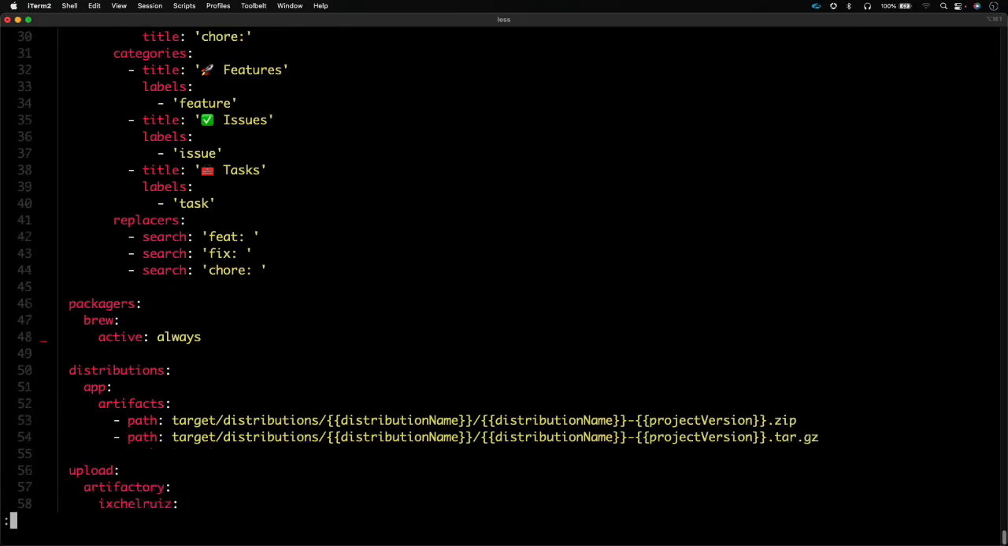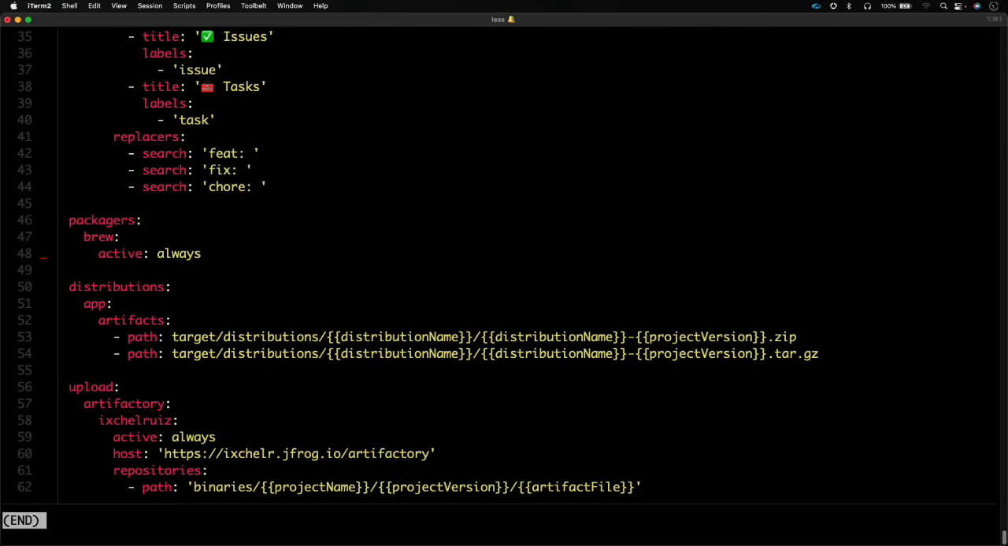Next is where we define what packages we want to create. So for example, when we run this demo, we will be creating the Homebrew formula. And we are also going to create the distributions where we define what are the binaries, the zip file and the tar.gz files. And finally, we are defining our targets. Where do we want to upload our releases? And as you can see, I'm defining Artifactory, yay! And this is actually my personal free tier